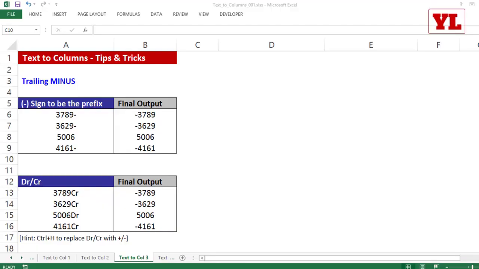I'm never satisfied unless I show you all the tips and tricks of text to columns, and that is the reason here comes another video before you. I have a data set where the numbers are ending with a minus sign. Now, although it is very rare to see these days, but in the old era, in the old ERP legacy systems, when the